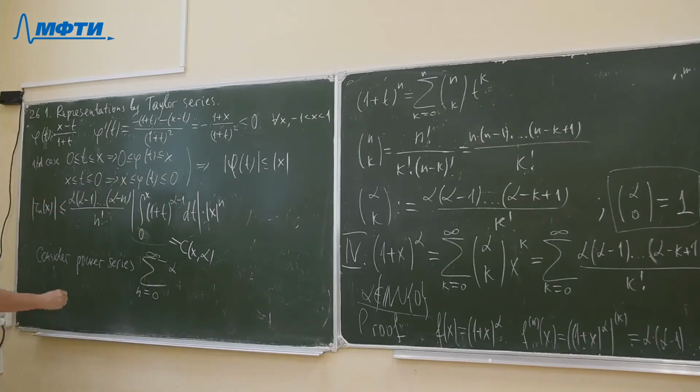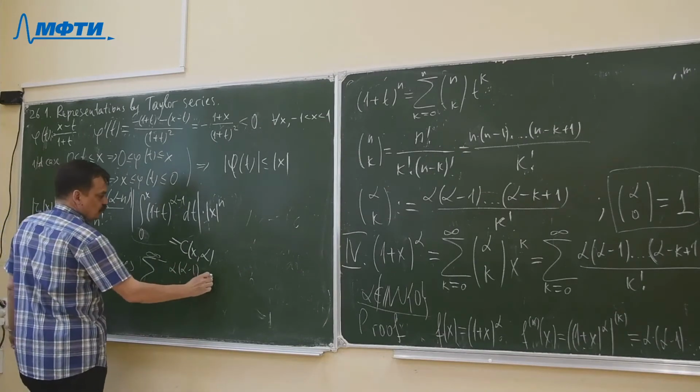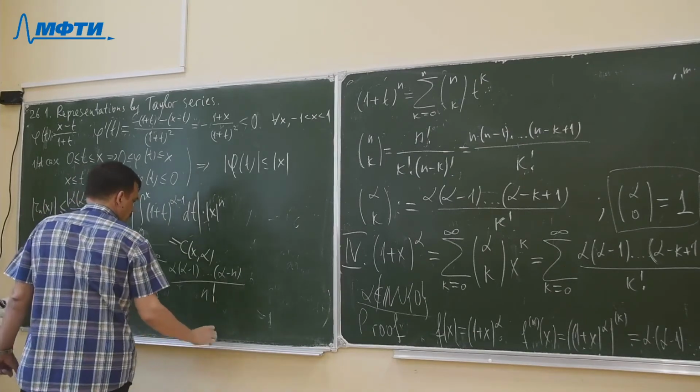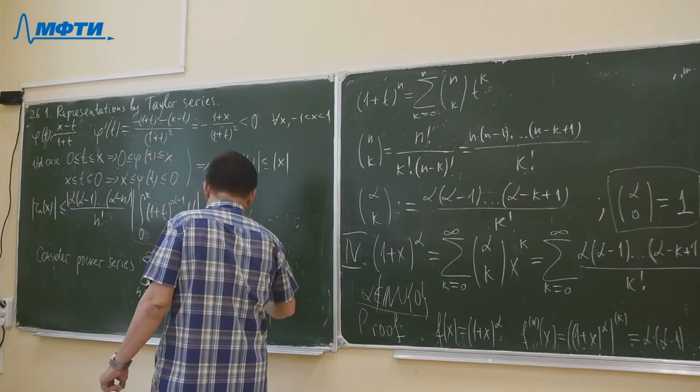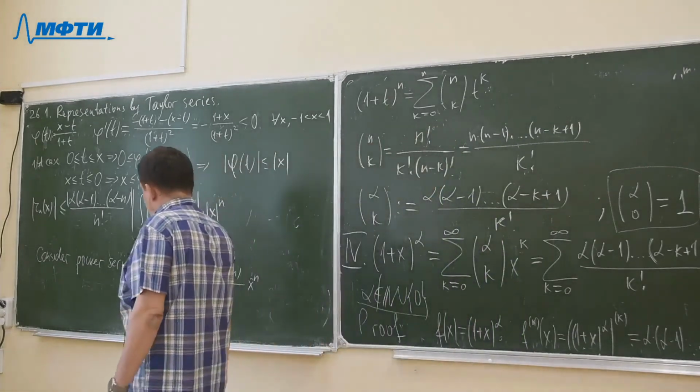Oh, by the way, I should put the modulus here as well, because alpha may be negative. Modulus of alpha times alpha minus 1, and so on, up to alpha minus n, over n factorial, times x to the power n. That is a power series. Radius of convergence